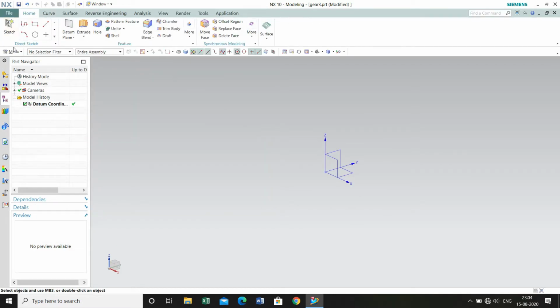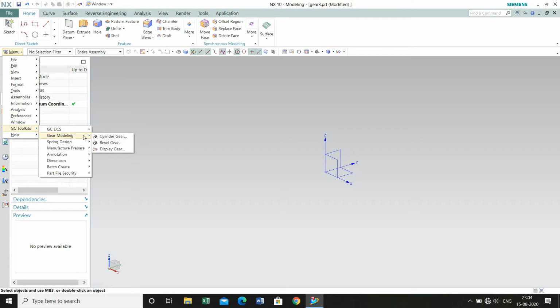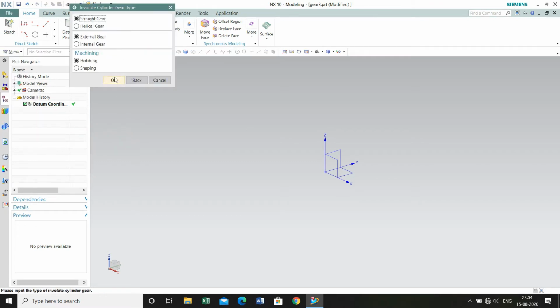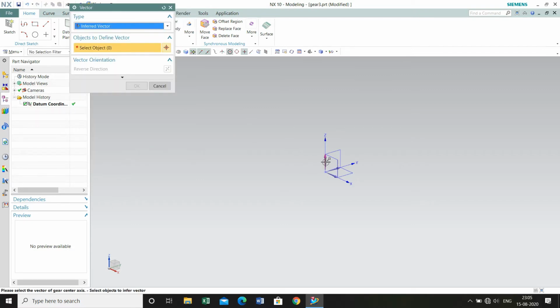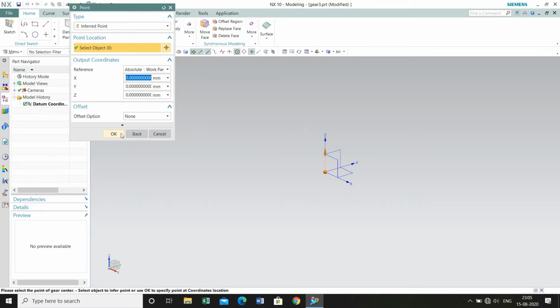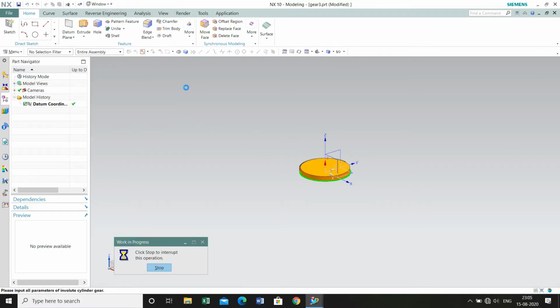Now this would be the largest gear of all in the assembly. So the module is again 0.5 and the number of teeth is 100 in this case. Keeping the module the same is really very important in a gear train, because the teeth must have the same module so that they can mesh with each other properly. So it's really necessary to keep the module and the pressure angle the same in all the gears in the assembly.